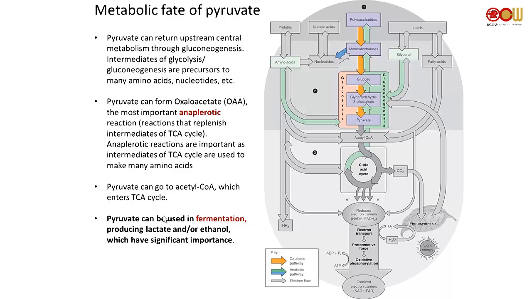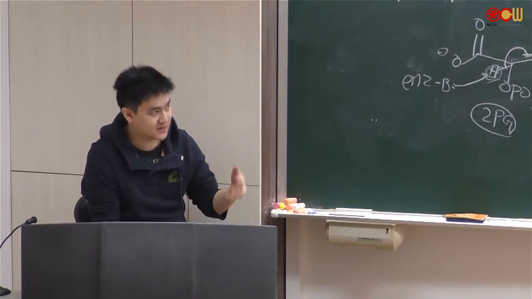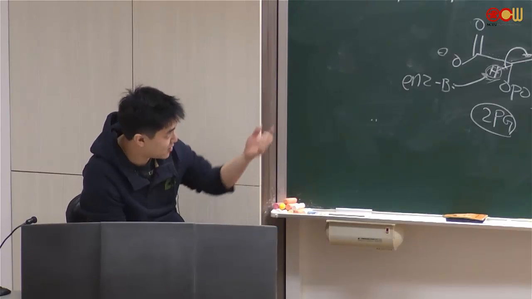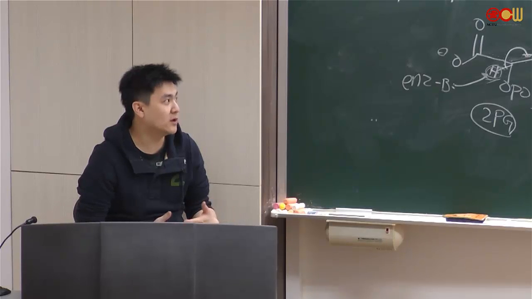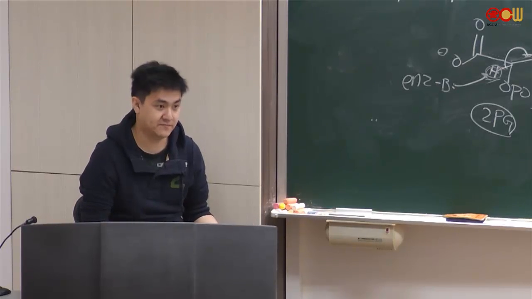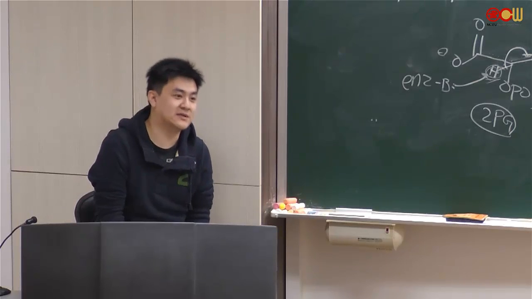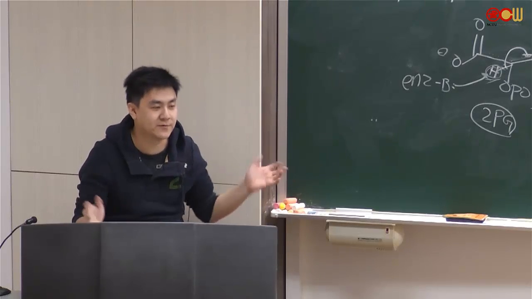Before we talk about regulation of glycolysis, I really want to talk about the fate of pyruvate. What happens to pyruvate? As we study metabolism, we see how glucose gets consumed in glycolysis and the net product is pyruvate. But then maybe you're wondering, what does pyruvate do? Pyruvate is a magical metabolite that can produce pretty much everything. It can go everywhere.